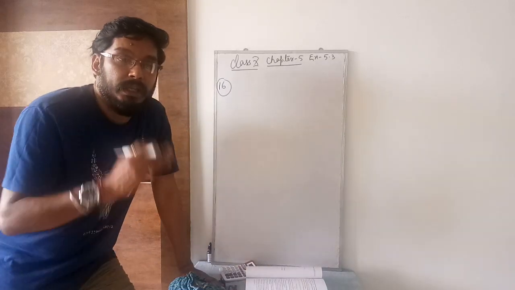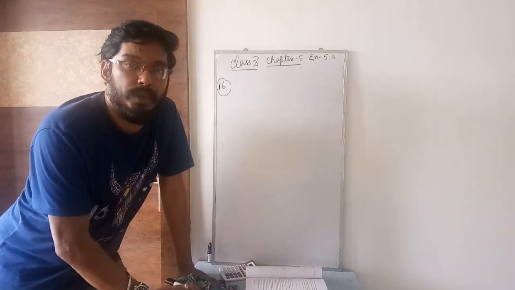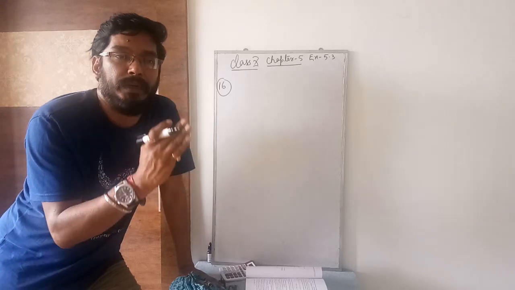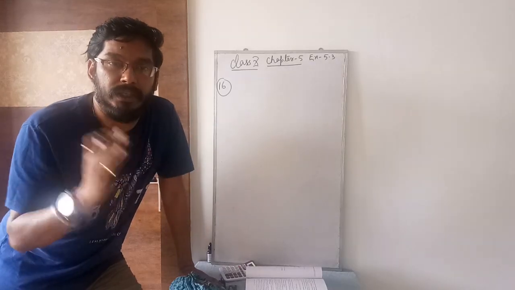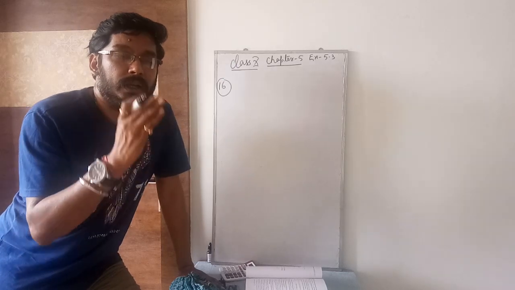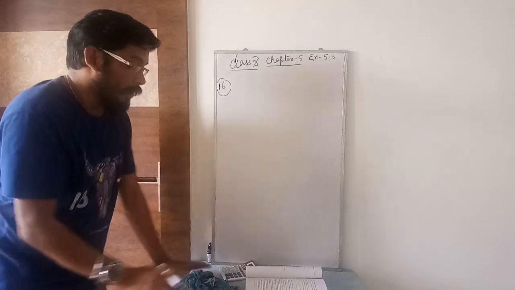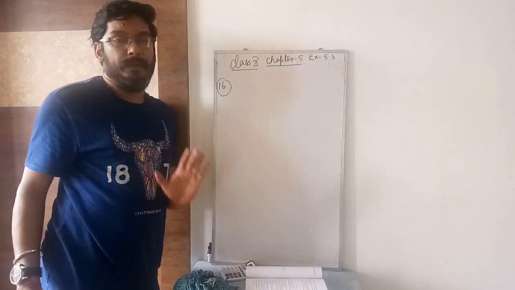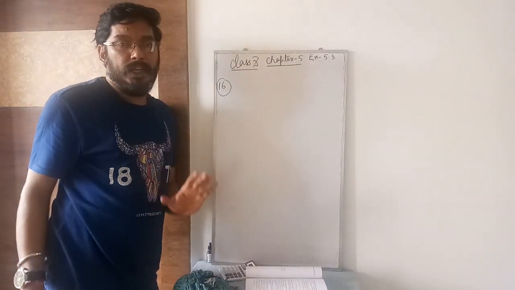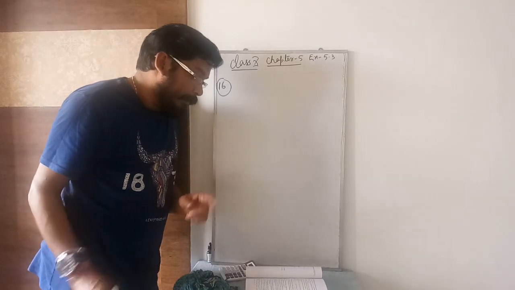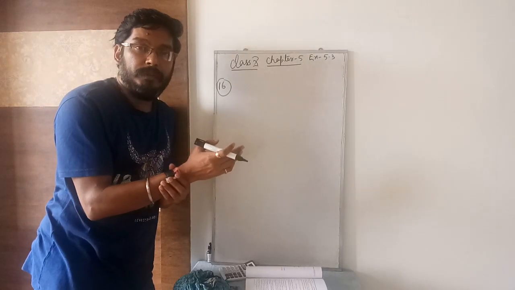So there are 7 prizes. Each prize will differ by rupees 20. Means suppose the first prize is 70, the second prize will be 50, the third prize will be 30. So the difference of prizes will be 20 rupees. How many prizes are you going to give? 7 prizes. What is the total amount you are going to distribute? 700. They have said to find the value of each prize.